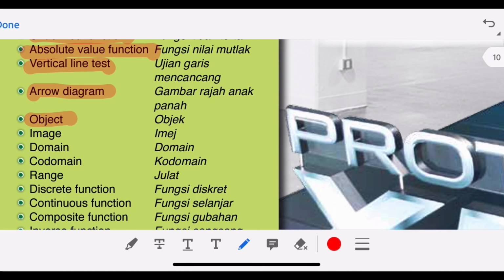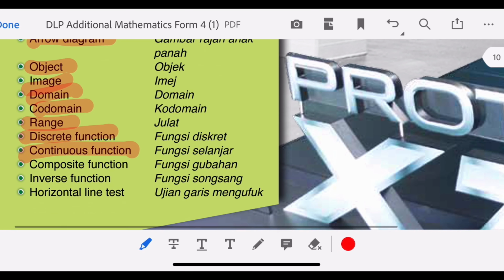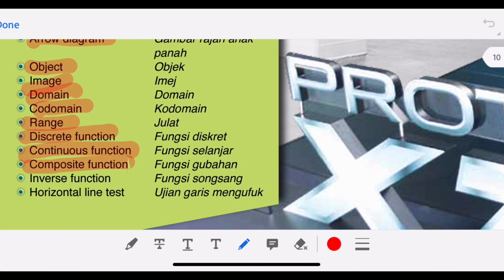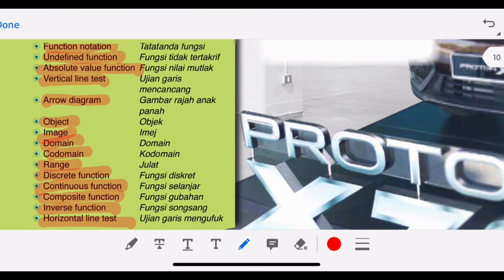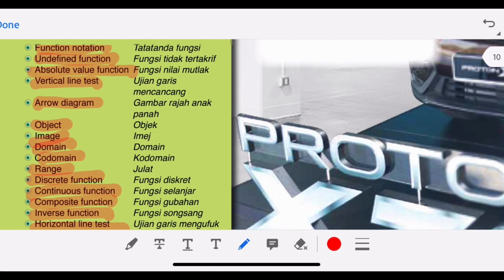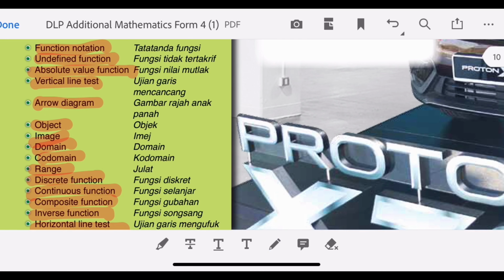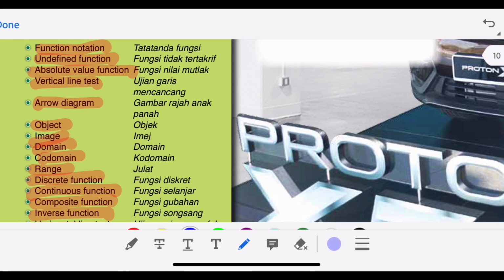Arrow diagram is the same. Object, image, domain, codomain are the same. Range is also the same. Discrete function and continuous function are new subtopics. Composite function is still the same, inverse function is still the same. The difference is the horizontal line test. So there are a few changes to the syllabus for function. Students have to master the horizontal line test and vertical line test so that they can